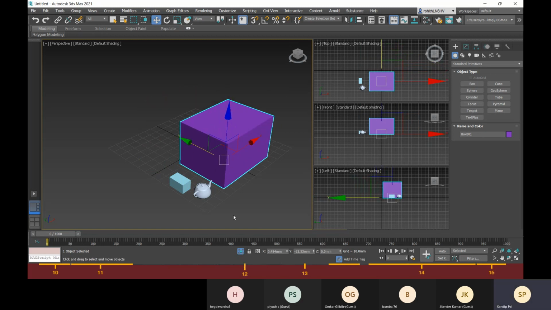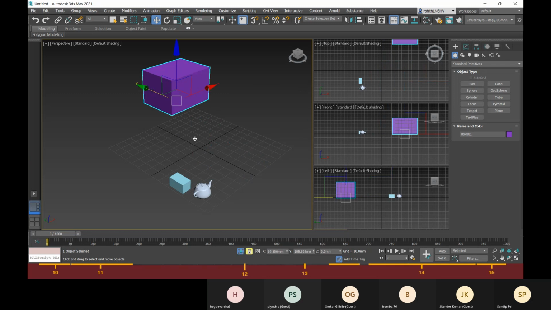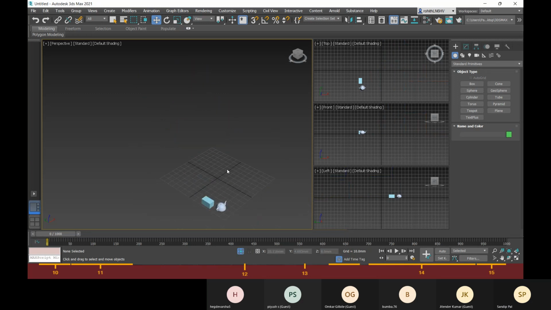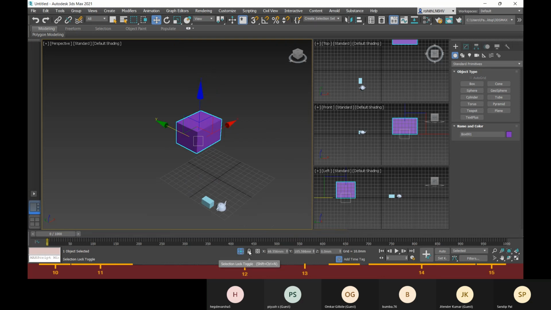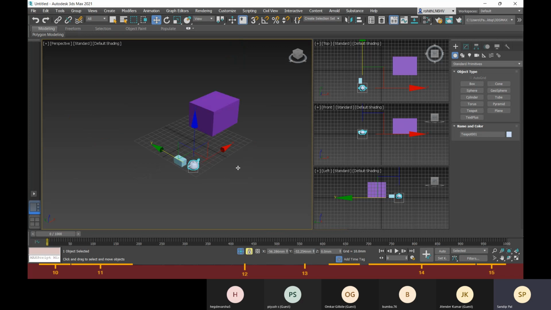If I go for this selection lock toggle after selecting it, then I cannot move it.